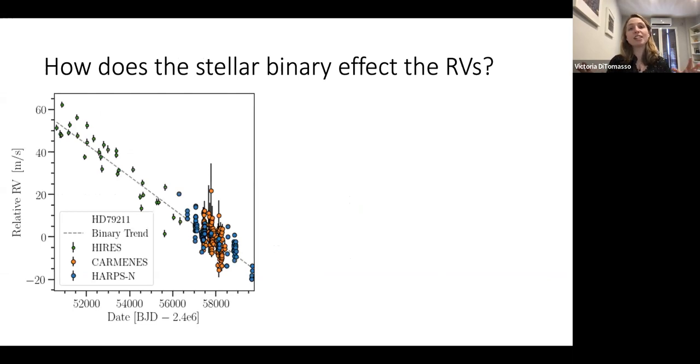So to start off, I'll address the stellar binary. Here I am showing, again, the HARPS North and the CARMENES radial velocities, and also including these high-res radial velocities. There were just a few high-res data points per season, but altogether, this gives us a baseline of about 25 years. And this dotted line is showing this overall trend, and that is being caused by the stellar